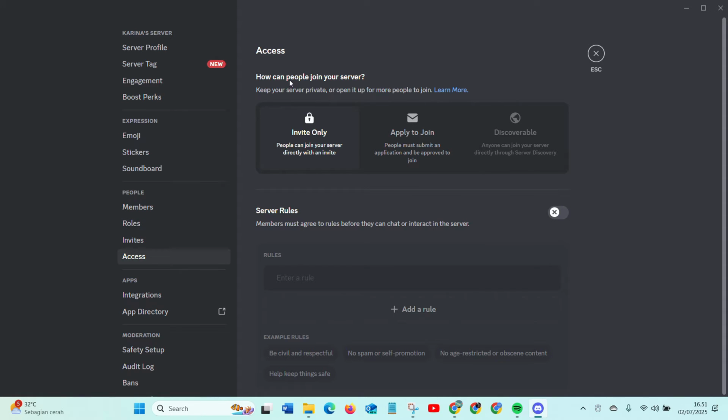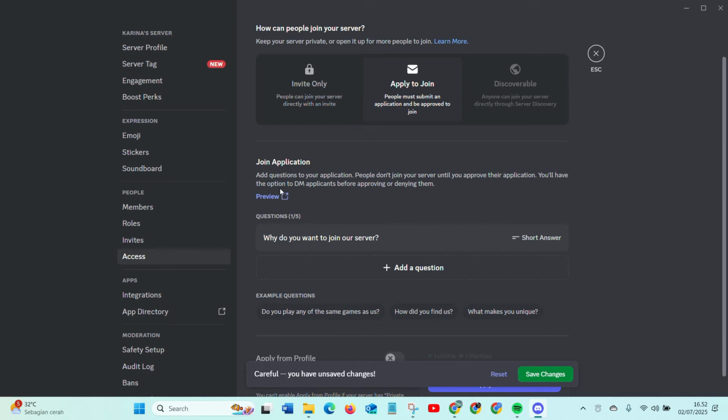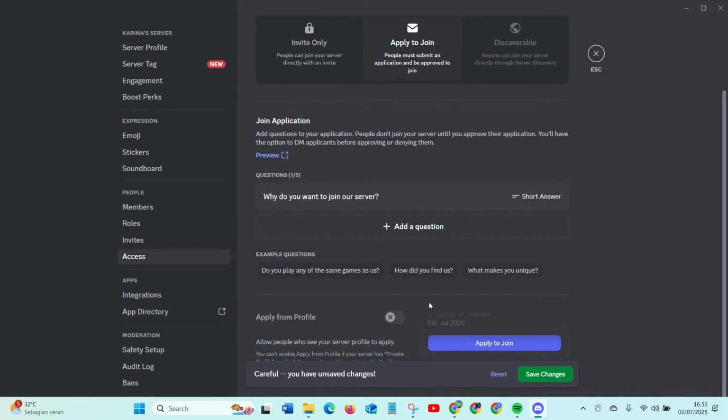So in here, you can manage how people join your server. By default, when you create a server, your server will be invite only, so people can join your server directly with an invite. If you want to change to apply to join, you can just choose apply to join, and in this option you can add questions that people can answer when they want to join the server. You can add questions and also the answers,